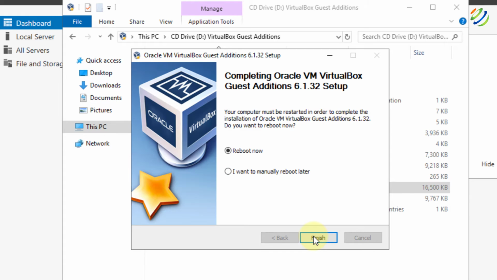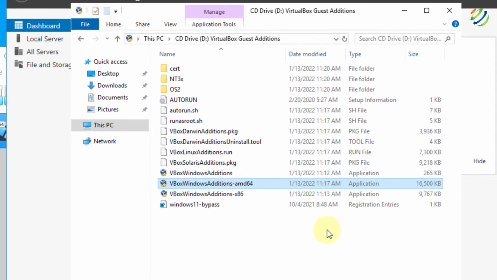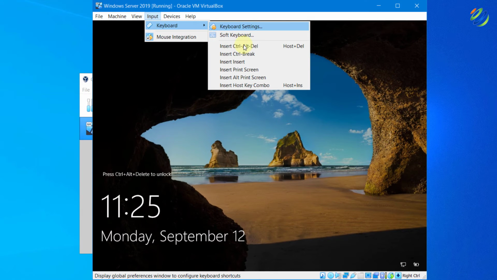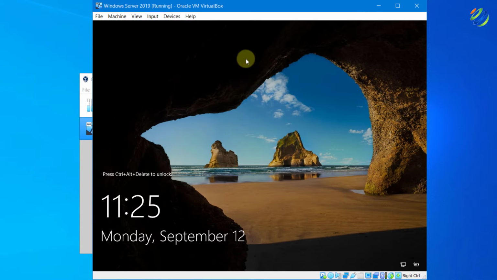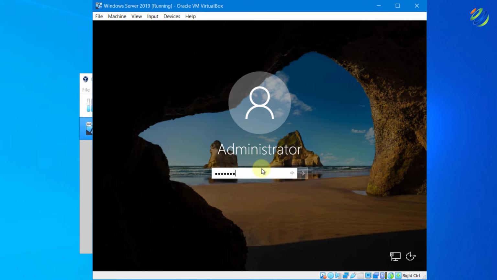We are done here with the installation and now we need to reboot this Windows Server 2019 to make sure that everything takes place permanently. So I'll just click on finish and our Windows Server will restart. We are back with the restart. Now again go to your input keyboard and insert Ctrl-Alt-Delete. Again we need to enter our password, and after entering our password we'll be able to use our Windows Server